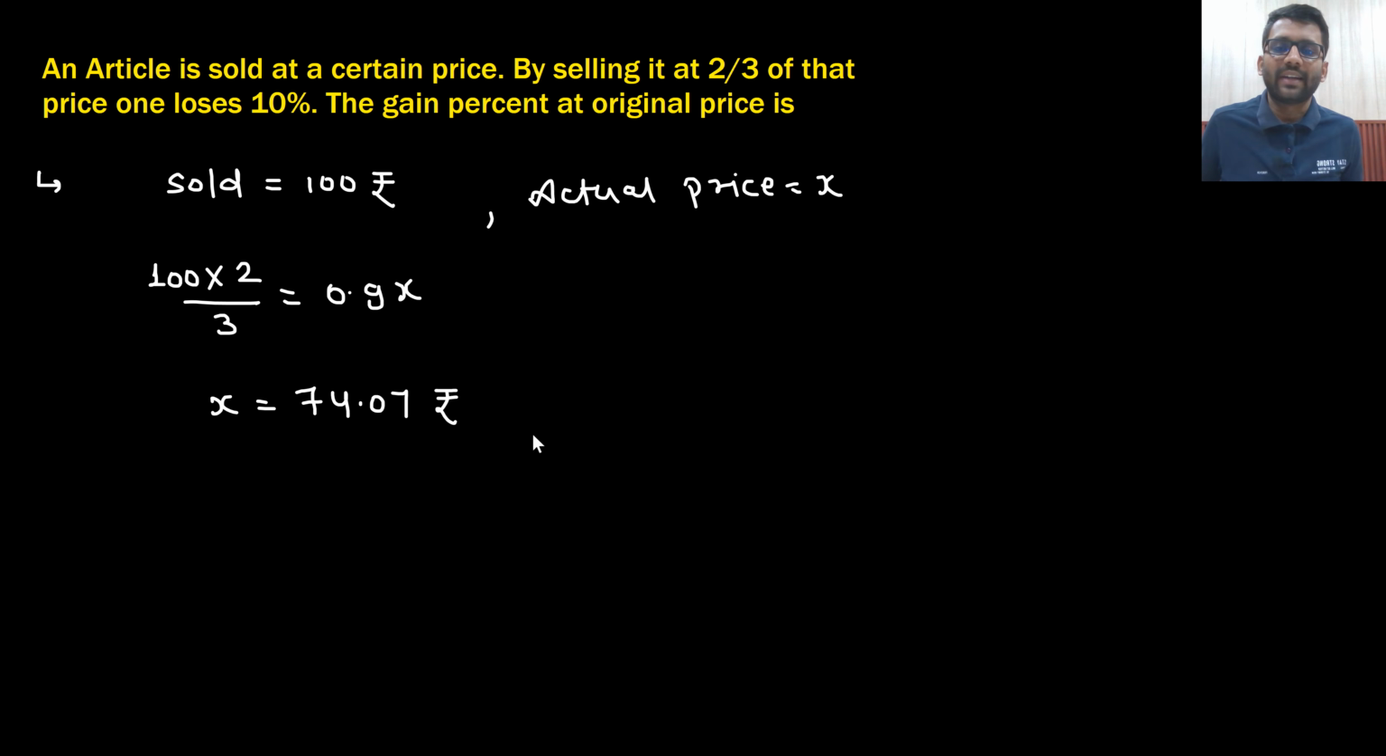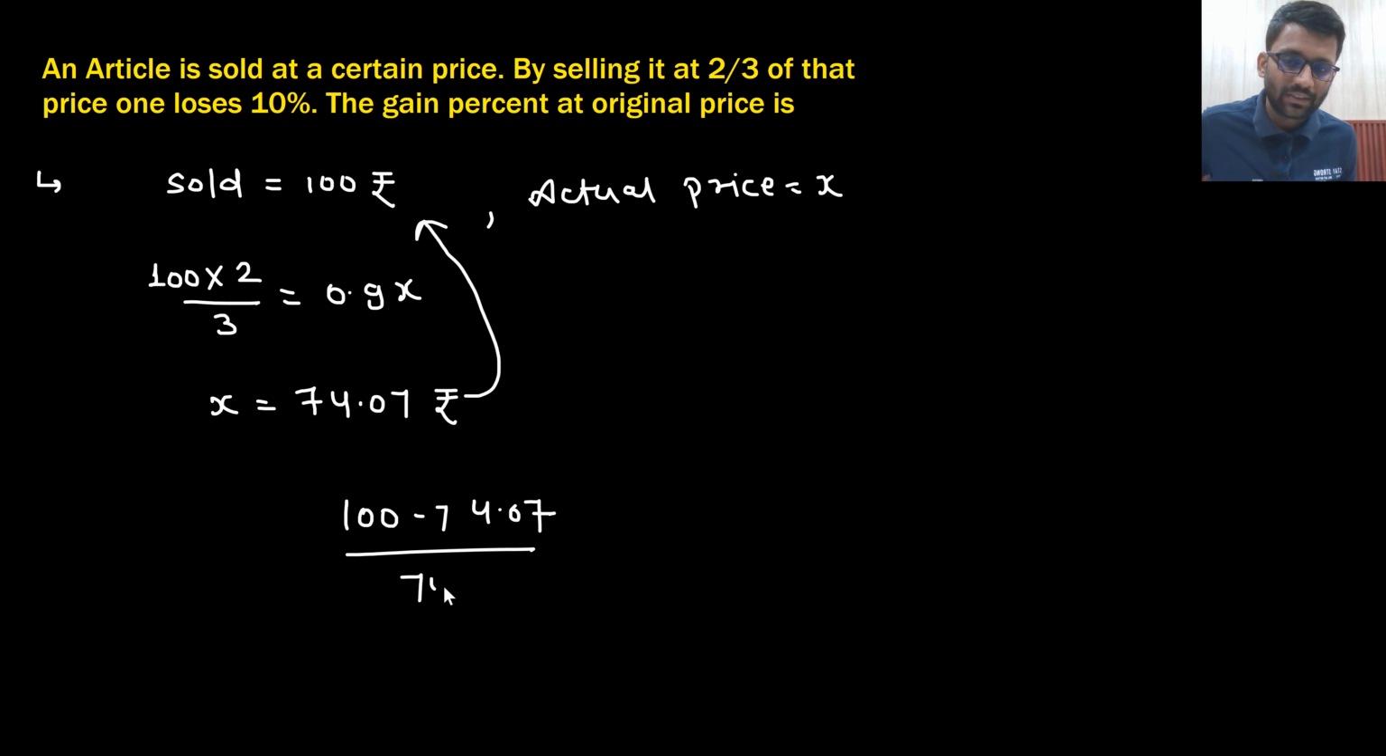So the gain percent at the original price. If I had sold it at 120 rupees, where the actual price was 100, what was the gain percent? 20%. So 120 minus 100 divided by 100. So similarly, I got this in this much of rupees, and I am selling at 100 rupees. So 100 minus